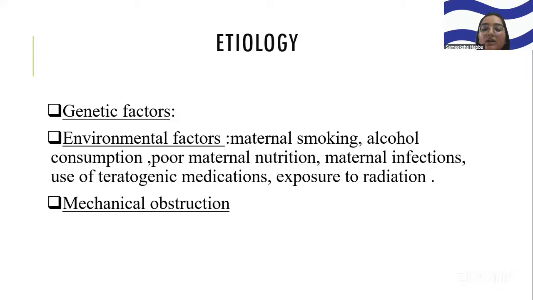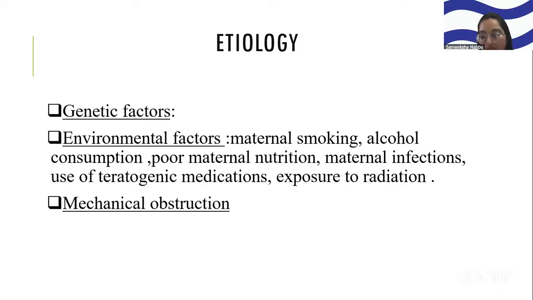Good. Maternal factors in the first trimester include maternal smoking, alcohol consumption, poor maternal nutrition, especially folic acid deficiency, and maternal infections like TORCH infection, and use of teratogenic medications like anticonvulsants like phenytoin, or anti-cancer drugs like methotrexate and isotretinoin. All these have correlations, and also exposure to radiation. And during embryological development, malposition of the tongue or mandible development,